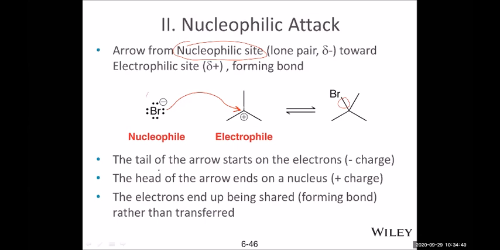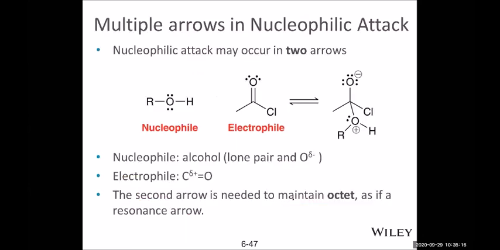So the arrows form an atom and attract to the positive charge. So the lone pair electrons end up being shared and form a bond. Nucleophilic attack forms a new bond between the positive charge and the negative charge. So it might have 2 arrows. This is a reaction you will see in the next semester.